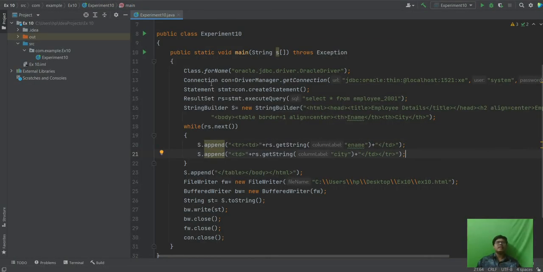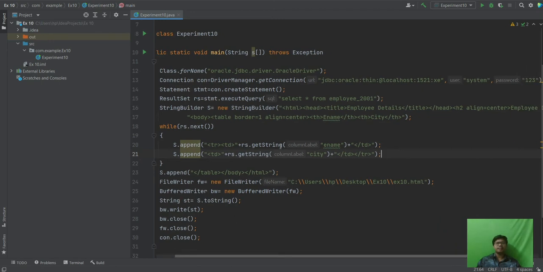Next, this is the connection, DriverManager.getConnection. This is used to get a connection from the Oracle.